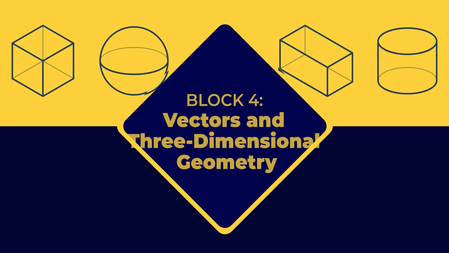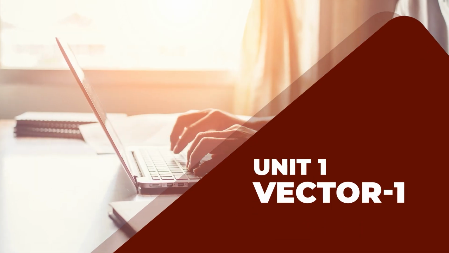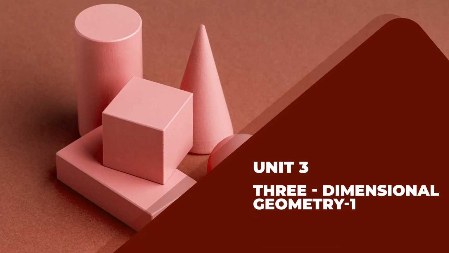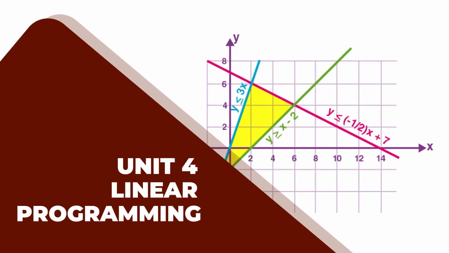So this block actually comprises three topics: vectors, which is discussed in detail, as a result of which it contributes 2 units, vectors 1 and vectors 2. Thereafter, we will be discussing three-dimensional geometry, wherein the application of vectors will be discussed. And finally, we will be discussing linear programming, which is an important part of optimization techniques. So block 4 comprises 4 units. Unit 1 is vector 1, unit 2 is vector 2, unit 3 is three-dimensional geometry, and unit 4 is linear